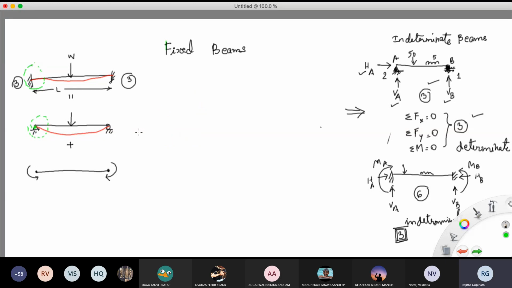ठीक है ना? तो दैट इज द डिफरेंस बिटवीन अ फिक्स्ड एंड अ सिंपली सपोर्टेड बीम. नाउ व्हाट आई एम डूइंग इज दैट आई कैन नॉट एनालाइज इतना सारा कॉम्प्लेक्सिटी दैट इज एक्टिंग ऑन वन support condition. So what I did is that इसमें से for a equilibrium equation I can take care of hinge joint.